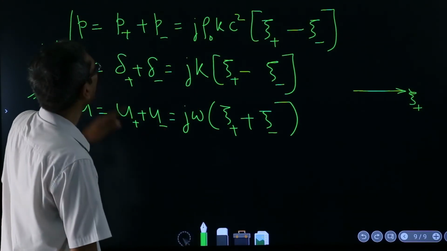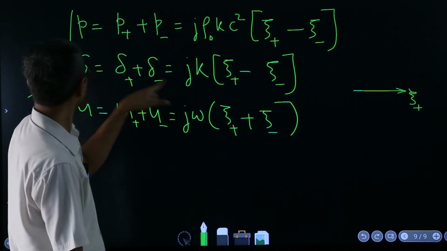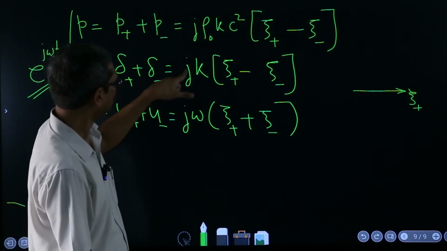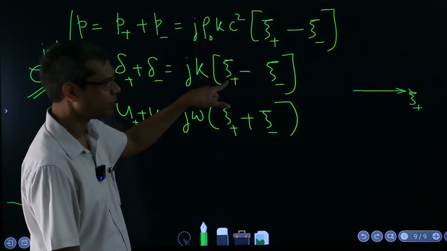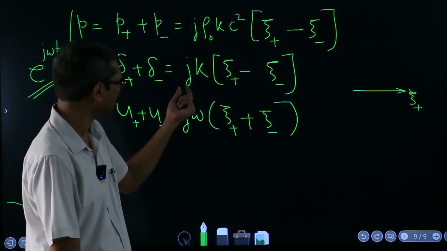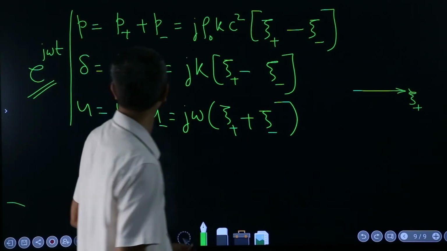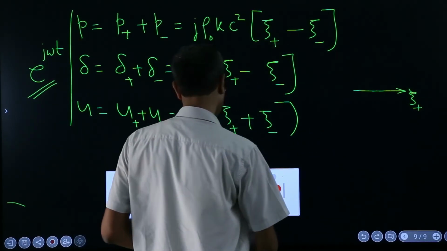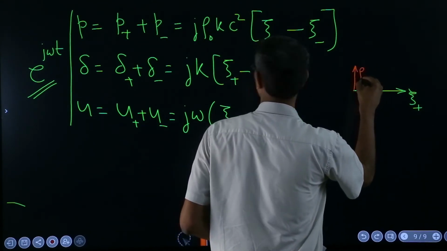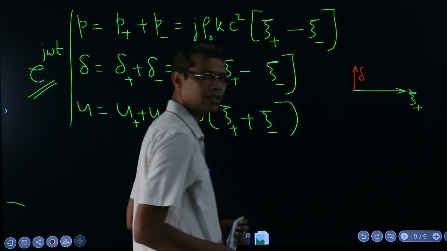Then this equation tells you that the condensation delta is just j times xi plus, k is just a number. So, this gives a phase of leading 90 degree. So, your condensation will be in this direction. I am writing delta now. Yeah, delta is 90 degree leading,